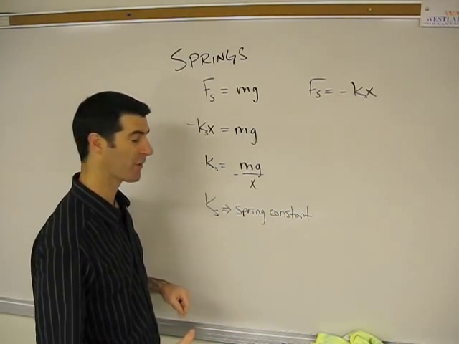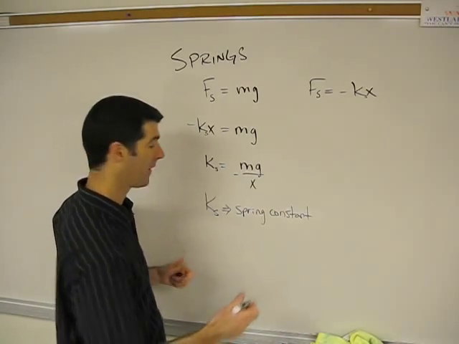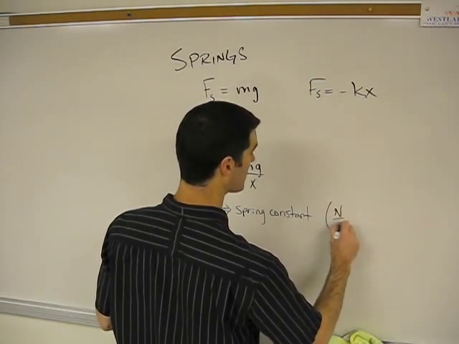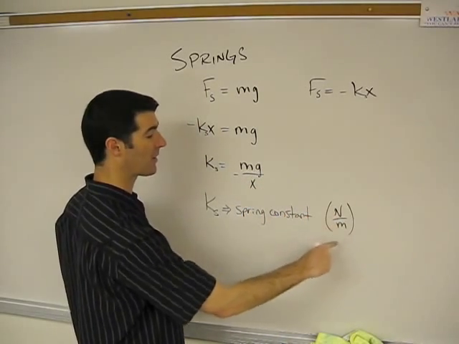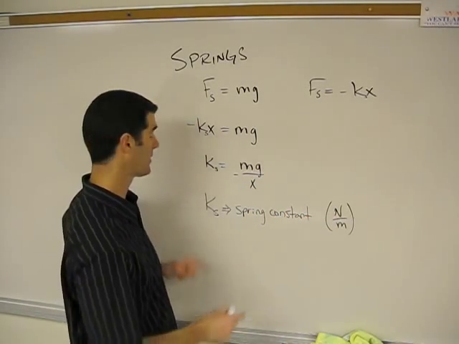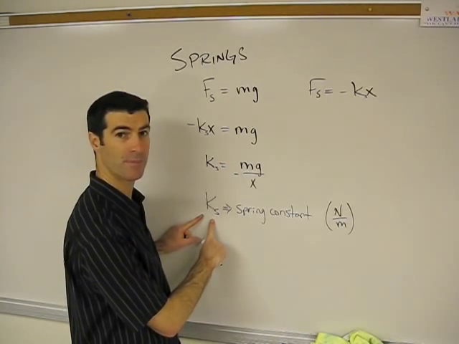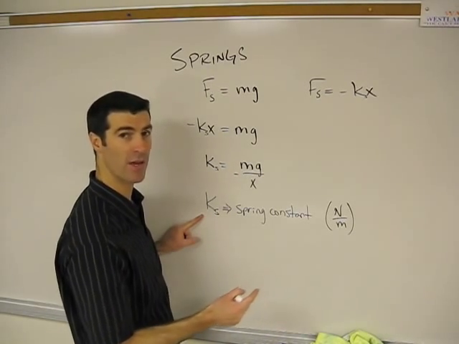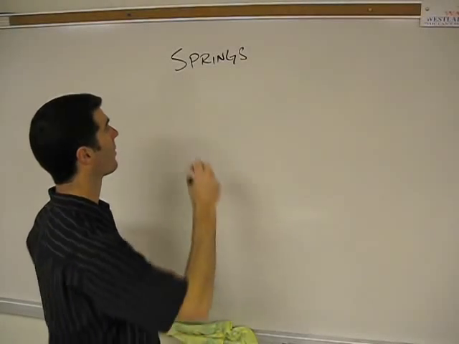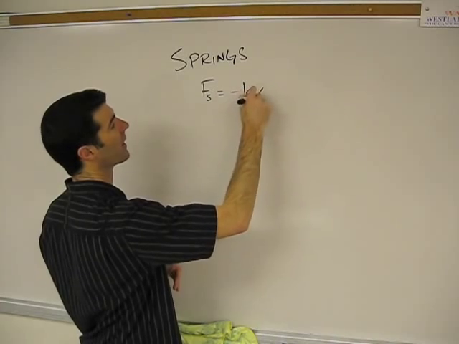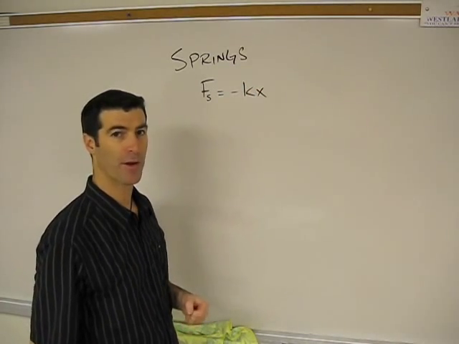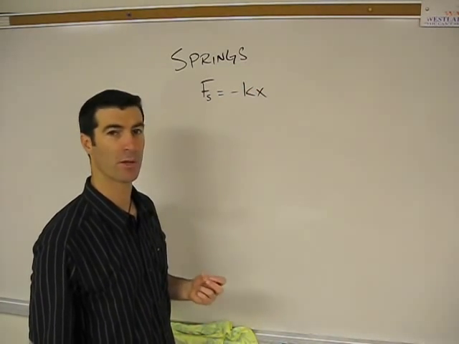Elastic constant, it may also be written as, and it's going to be given in newtons per meter because it's weight over distance. So newtons per meter is going to be the unit for that. So that's how you calculate the spring constant. Now that we have the spring constant, we can use that in other calculations. So our basic equation, F sub s is negative kx, is useful for finding how strong is a spring pulling